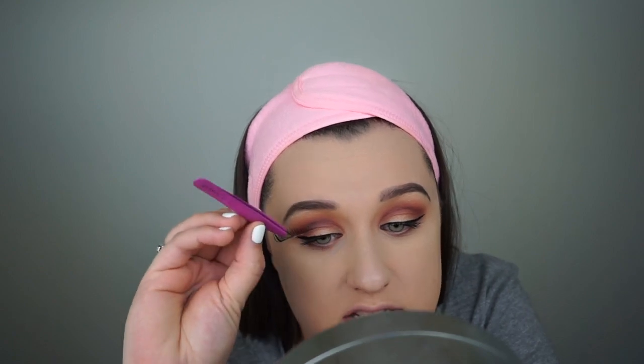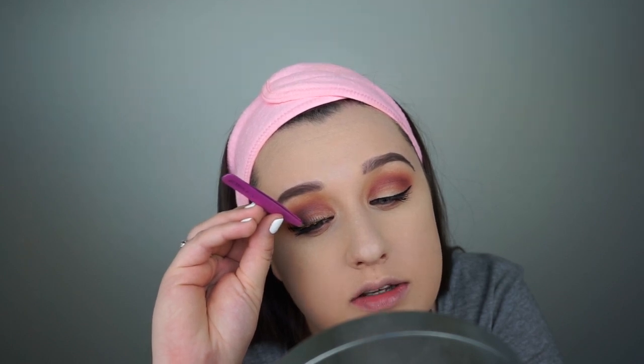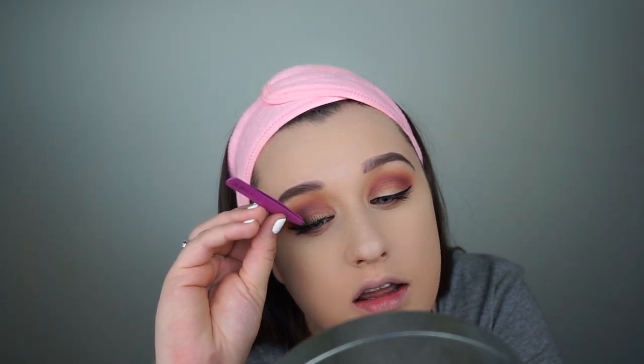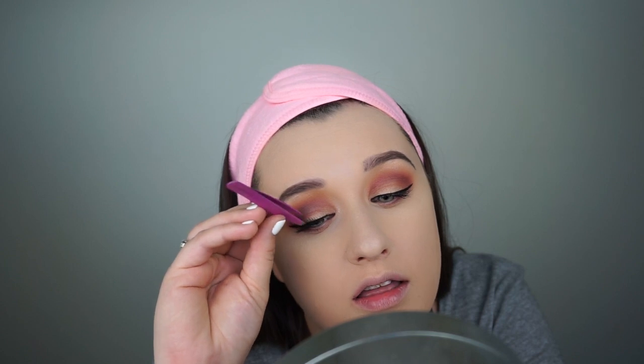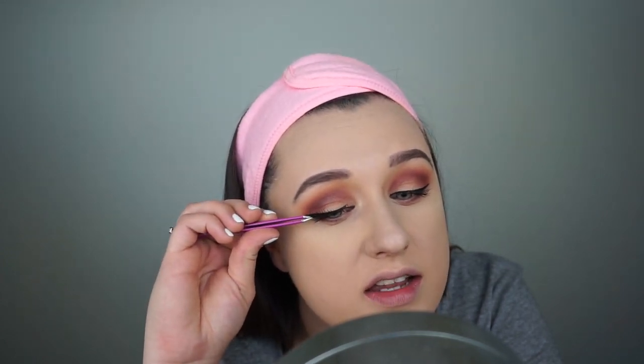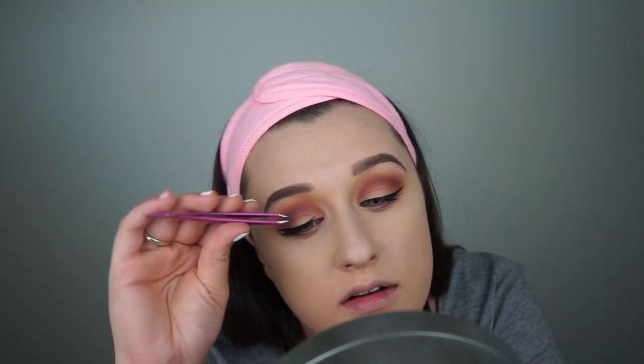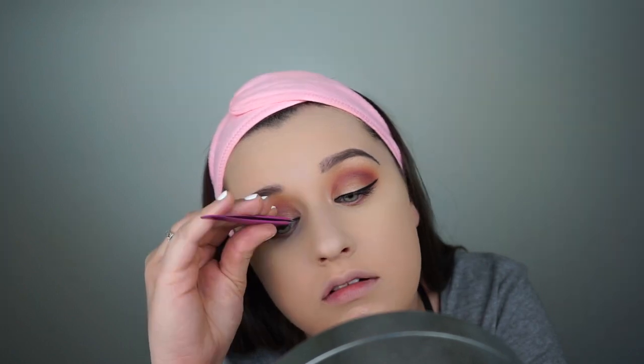So I'm just gonna go ahead and lay that down right over my natural lashes. Like, I really don't even know where to begin because it's seriously so straight. All right, so I'm just going to lay it in the center. Y'all, hope I can get these off. That glue looks very serious. All right, so I'm just gonna lay the outer corner down first, and then